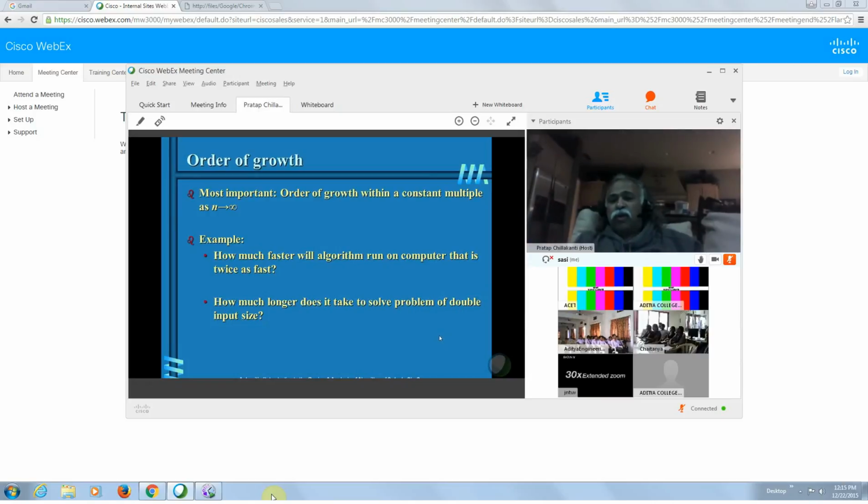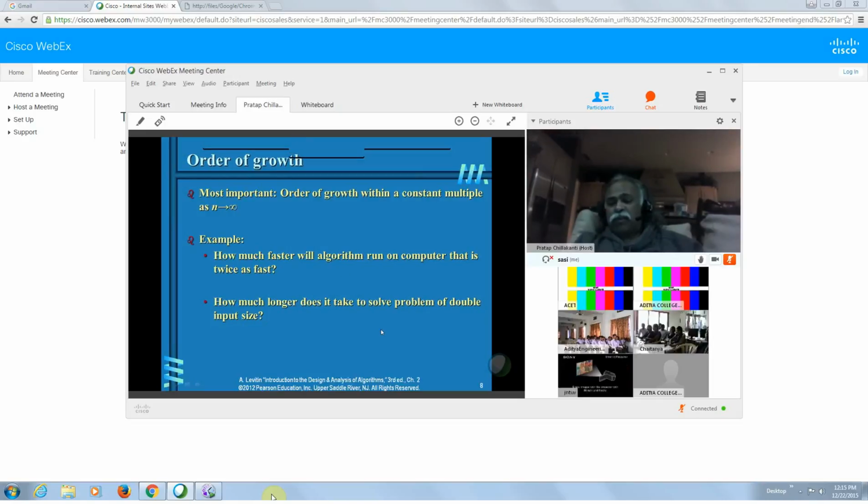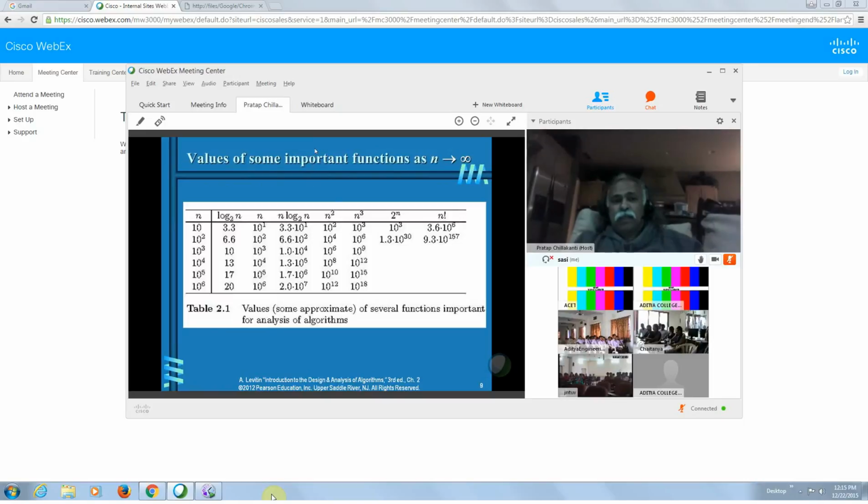Similarly, how much longer does it take to solve a problem of double input size? If the input doubles, would the problem take twice as much time? Again, not necessarily. The correlations are based on some probability distributions. Okay, as you can see here,